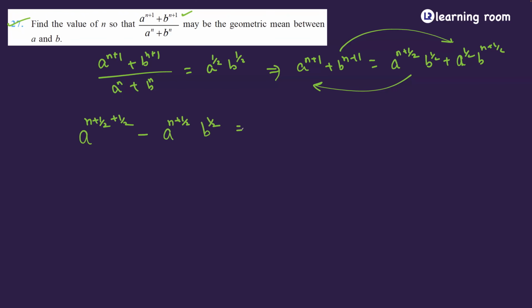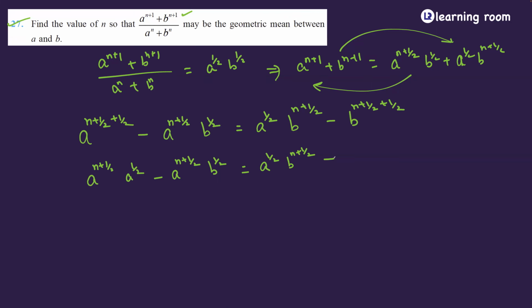Is equal to a power half into b power n plus half minus... how can I write this as? B power... look at this idea, what can I write this as? N plus half plus half. You're clear with that? So a power n plus half can be written as a power n plus half into a power half, minus this can be written as a power n plus half into b power half, is equal to a power half into b power n plus half